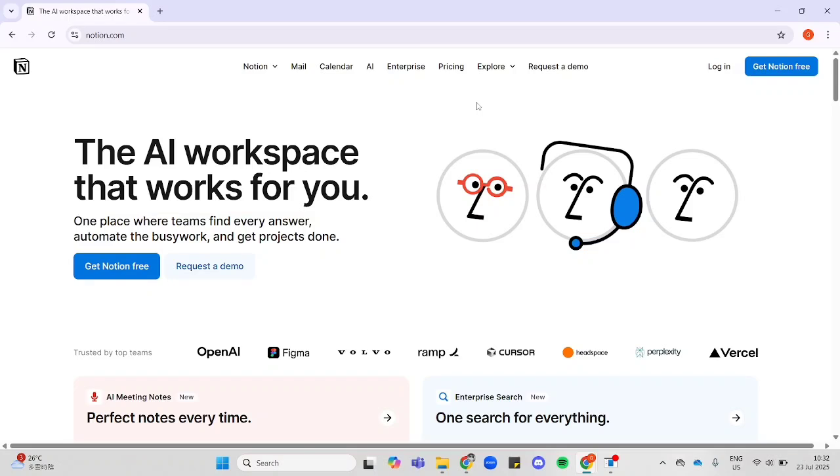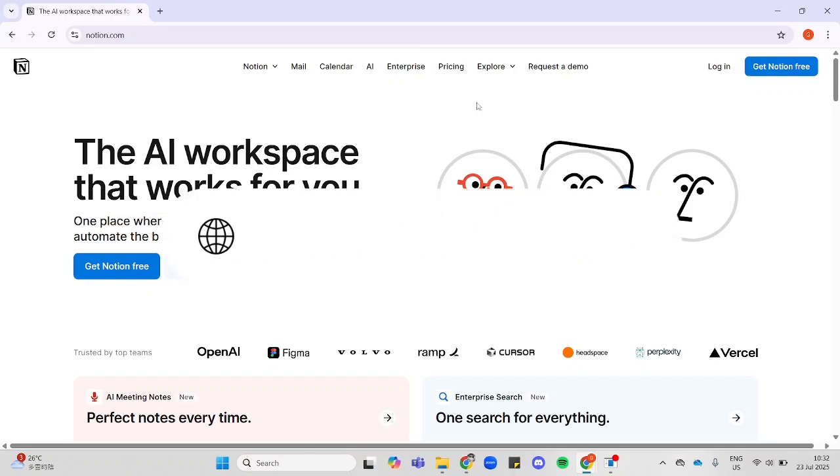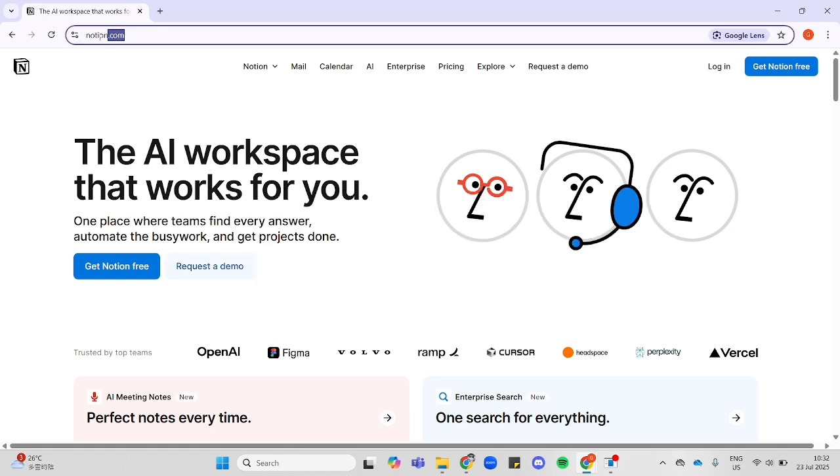Hey guys, today I'm going to show you how to create a calendar in Notion. Let's get started. First, go to notion.com, click on Login up here,